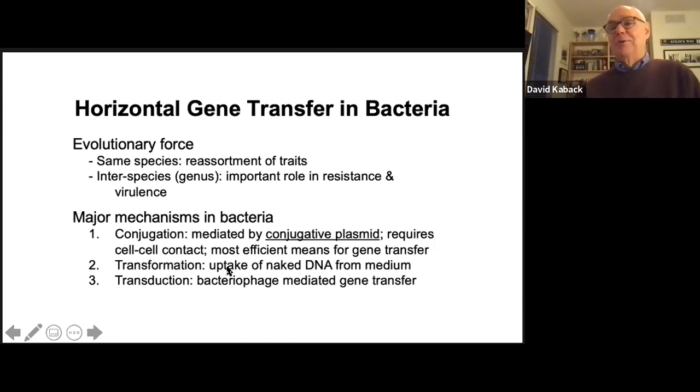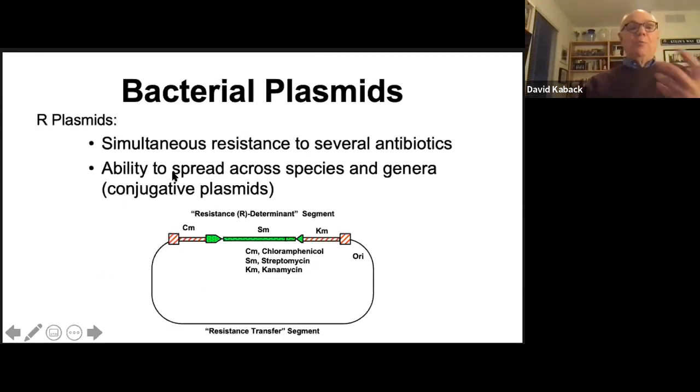This is the mechanism how, I'm sure most of you have heard of, CRISPR-Cas9 leading to resistance of bacteria to certain viruses that we've now used for our sake for genetic engineering. Transduction: bacteriophages, viruses can move parts of bacterial genomes from one bacteria to another. Okay, now probably the most important thing to talk about here is the fact that bacterial plasmids carry